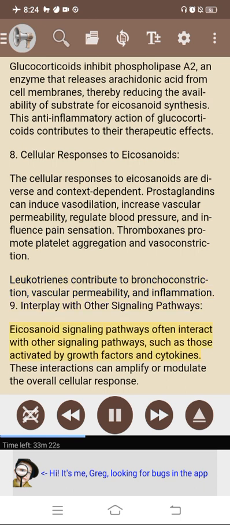9. Interplay with other signaling pathways. Eicosanoid signaling pathways often interact with other signaling pathways, such as those activated by growth factors and cytokines. These interactions